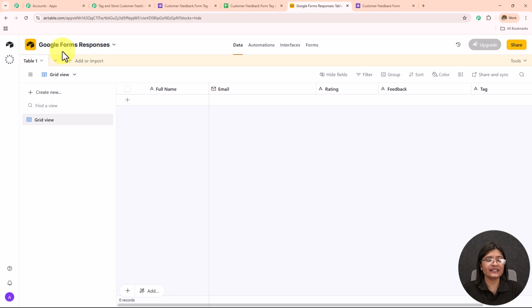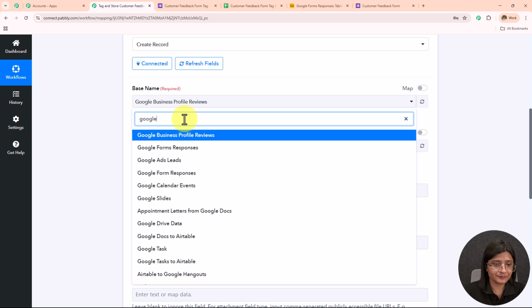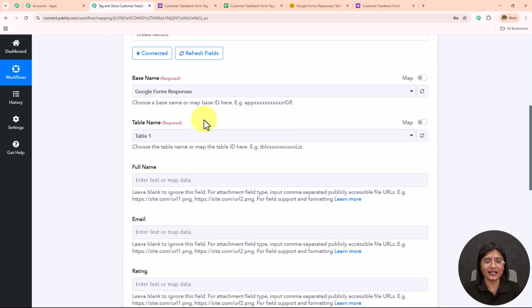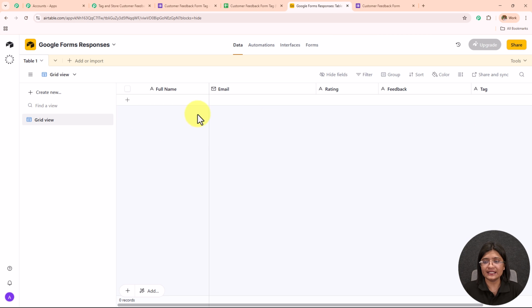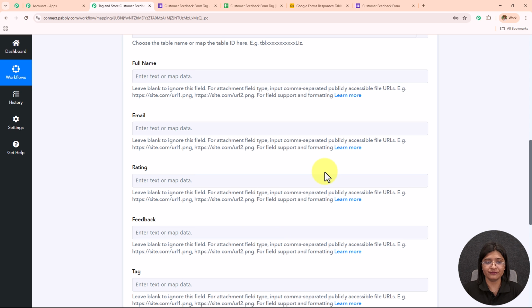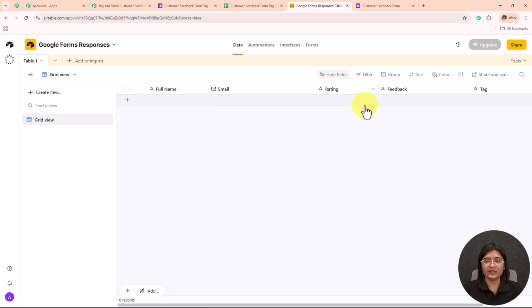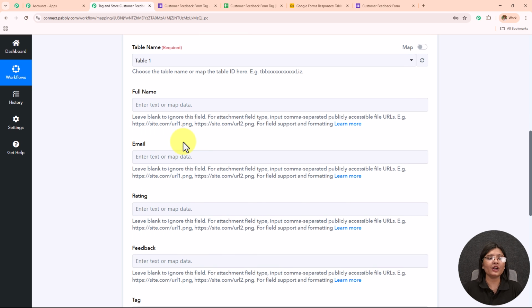Here I have created the base by the name Google Forms Responses. So I'm going to select the same base, which is this one, Google Forms Responses. You will see that the table name will be automatically detected, and then I have all the fields which I have in this Airtable database. Over here you can see that in my workflow I have all the fields: name, email, rating, feedback, tag. Now I'm going to enter all these details, but I'm not going to enter any of